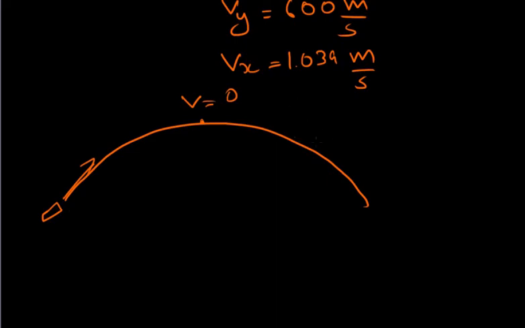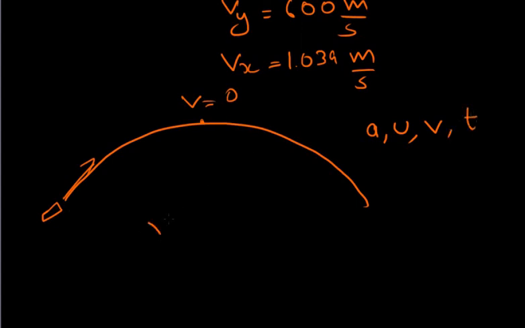Okay, so let's put everything in our equations. We know three variables: the acceleration due to gravity, the initial velocity, and the final velocity. You might be thinking, what is the final velocity? It is not described here, but when we reach the top, it will not go up anymore, and its velocity is going to be 0. And we want to find out the time.